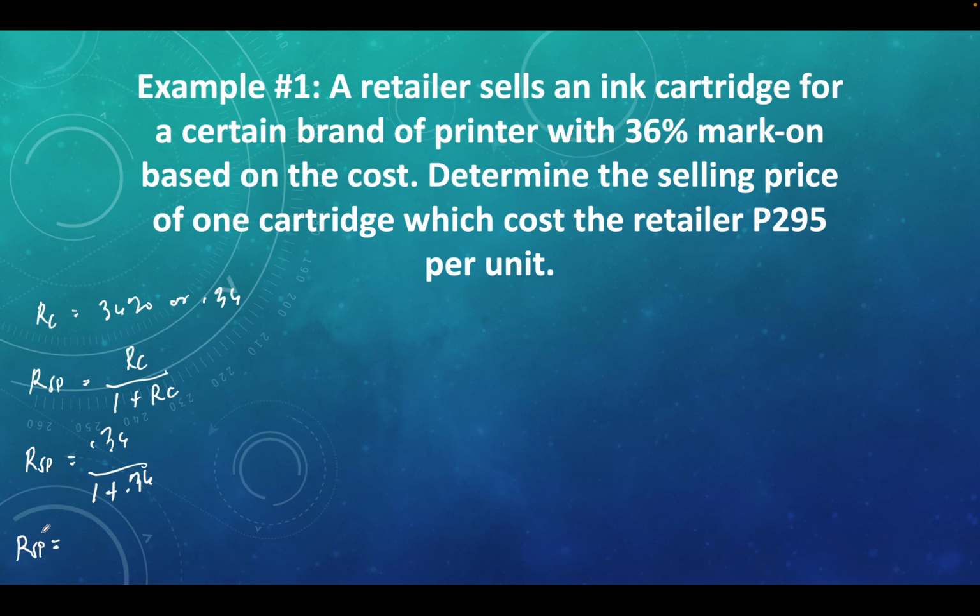Rate based on the selling price, we have 0.36 all over 1 plus 0.36 is 1.36. Then, divide natin ngayon. So, we have 0.36 on your calculator divided by 1.36. Ang makukuha natin is